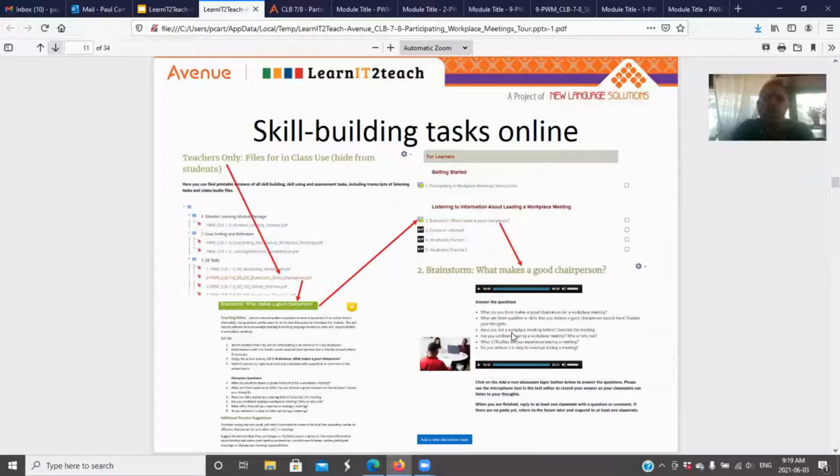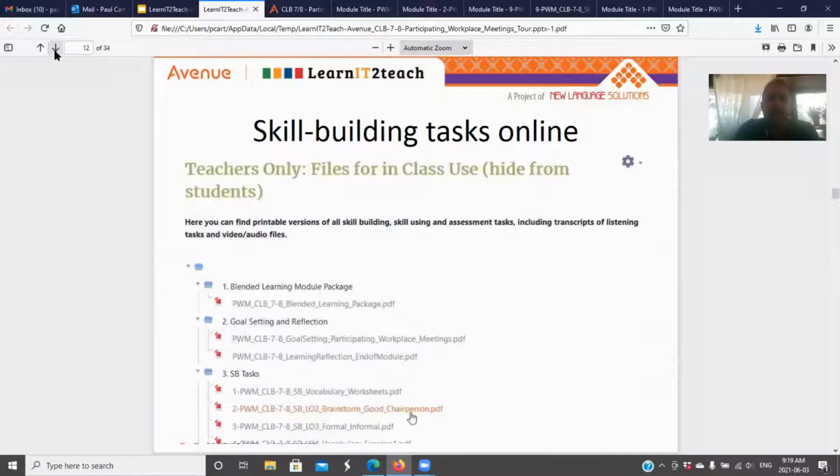So we're going to take a closer look at each of these steps now and show you how a teacher could work through this first skill building task in the listening section. As we said, teachers will start in the teachers only file for in-class use. The files are numbered and labeled quite clearly, so you can see LO2, LO3, LO4. LO is learning object, and so LO2 would be the second learning object on the course page if you're using